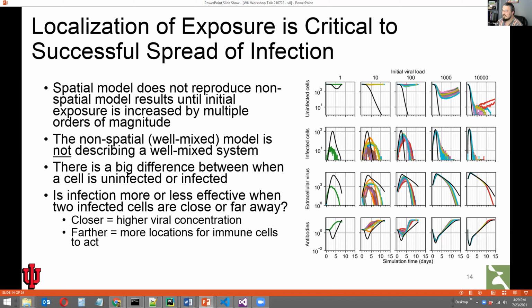In this very interesting case, in my opinion, we found that initial conditions of infection would cause potentially huge differences between what the spatial model and the ODE model would predict. In this case, we found that when we start with initial conditions where cells are initially infected, in that they're designated in the infected state where they're releasing virus, the spatial model and the ODE model agree quite well.